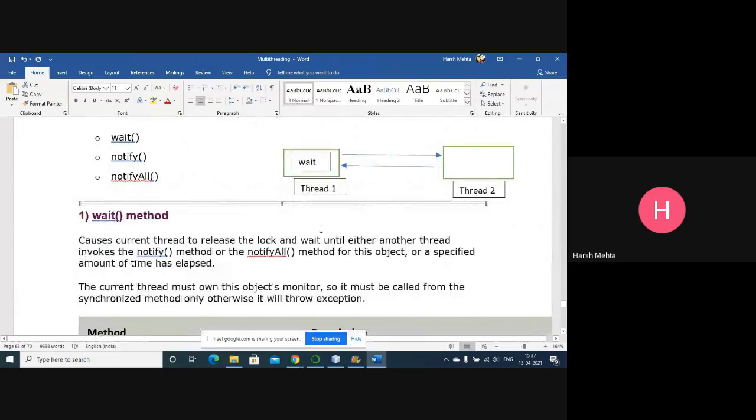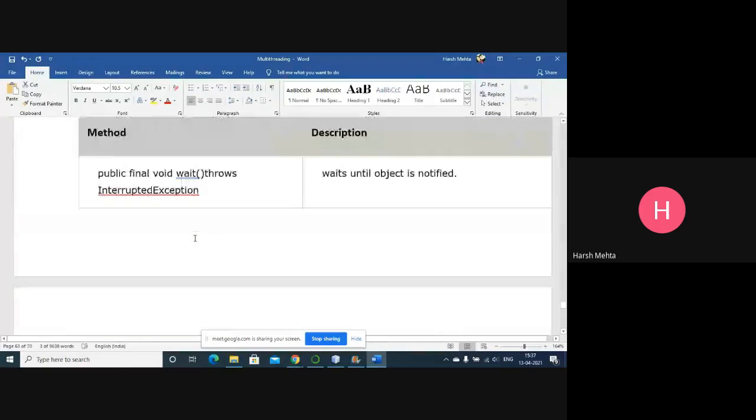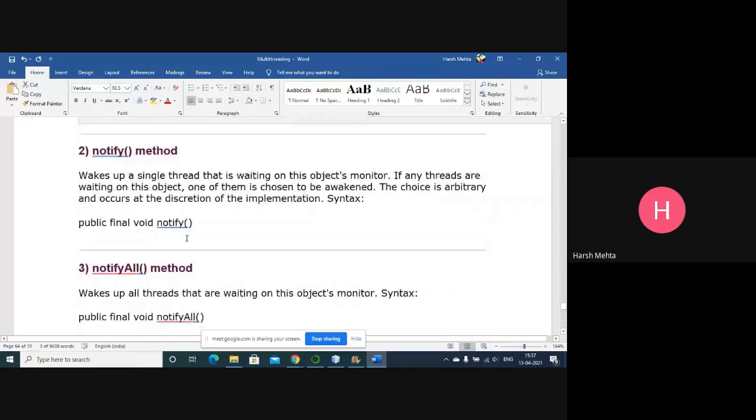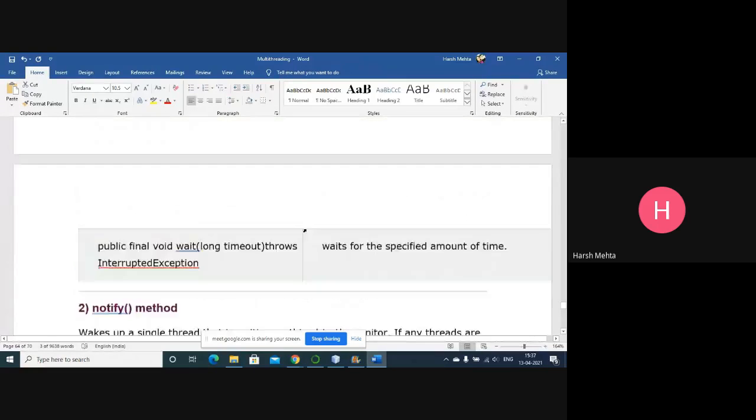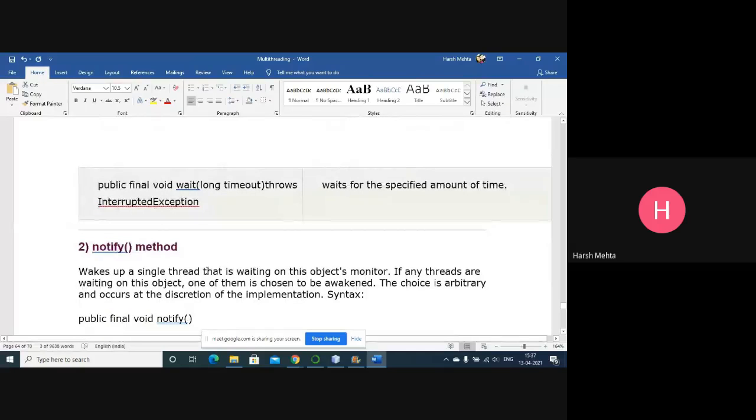So that is the approach. We'll release the lock and wait until another thread invokes the notify or notify all method on the object, or the specified time has elapsed. The notify method wakes up a single thread that is waiting on this object's monitor.